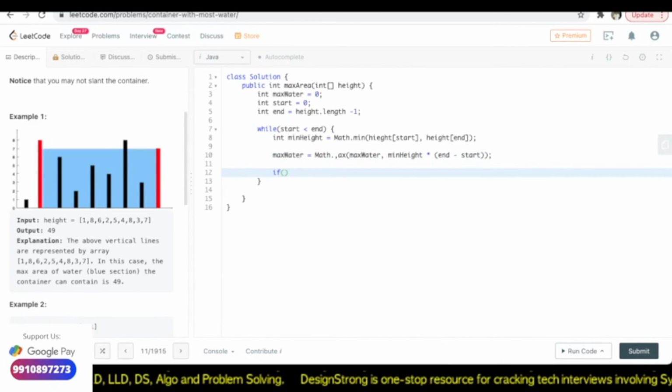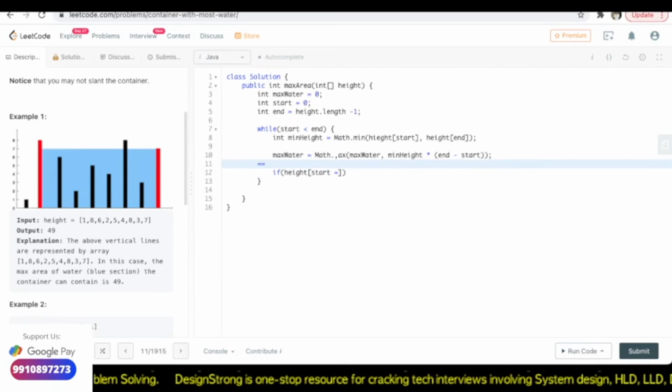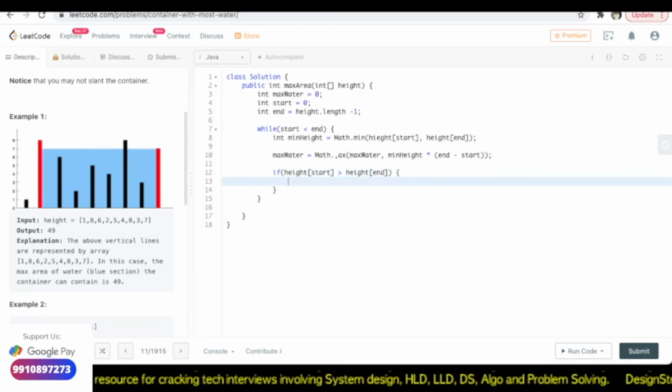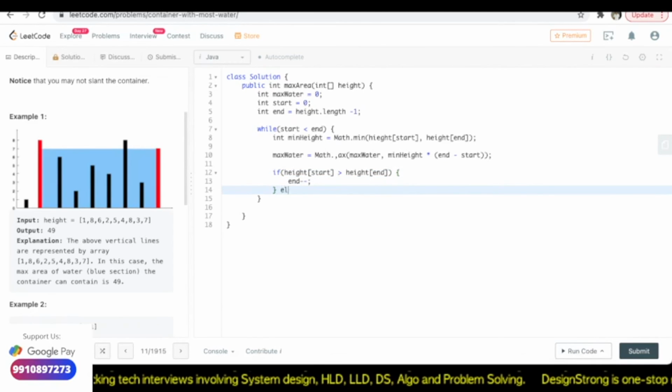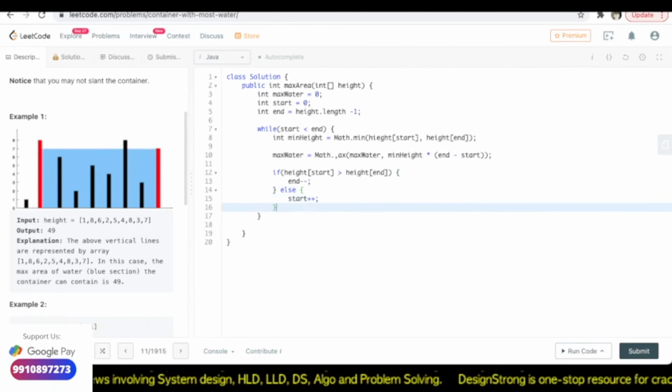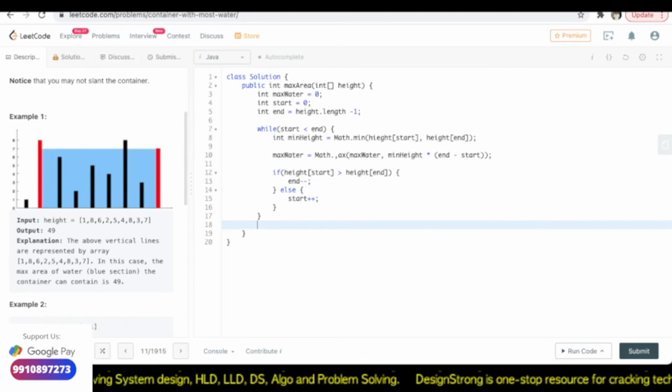And the next thing which we will have is, if height at start is greater than height at end, then end becomes end minus minus, else I am going to increment start. I think this should work for all the conditions, and here outside I will have to return max water.